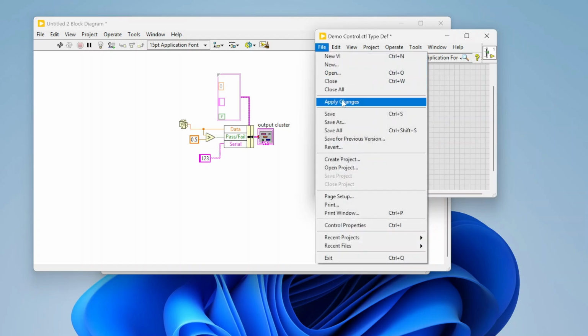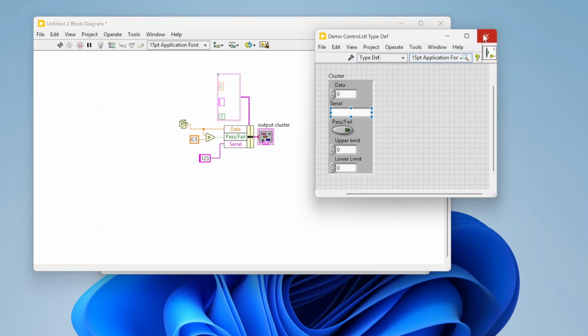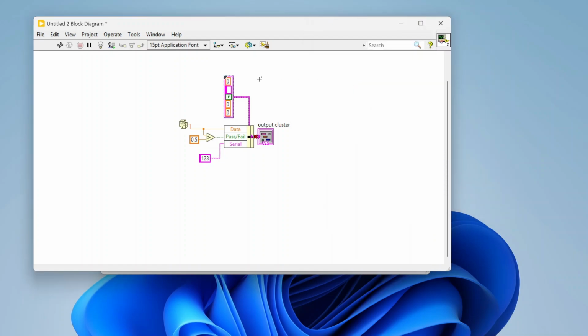Sweet. So I can just go into my type def and click save, close out of this, and you notice this, because it was linked to my type def, automatically updated. So everywhere in my code where controls, indicators, constants are linked to that type def, they will automatically